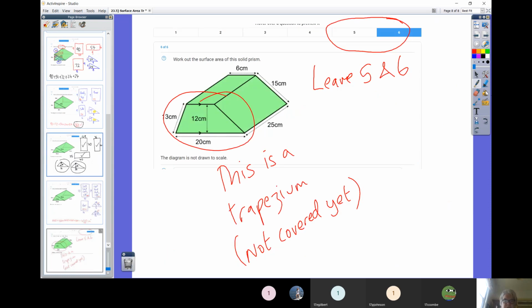Okay, so just to remind you, you leave questions 5 and 6 because we don't know how to work out the area of that shape there. So that's why we're leaving those questions out. So I hope that's clear, guys. So if you could go and do questions 1, 2, 3, and 4, I'll be here if you've got any queries,